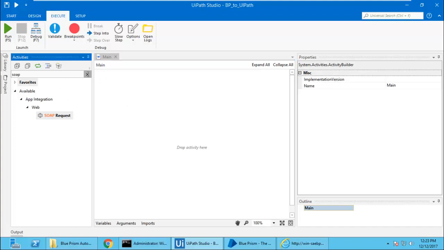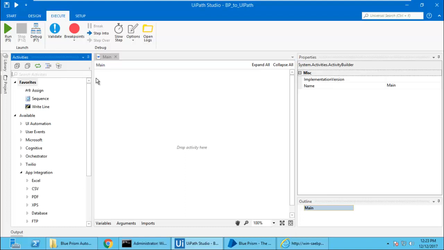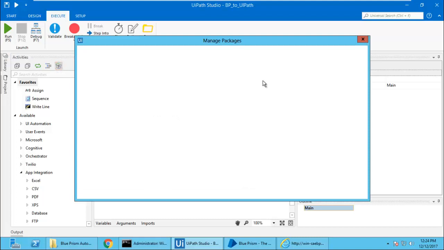Now, to consume SOAP or web services, HTTP, REST or SOAP, you need to have some packages installed. For that, you have to go to Manage Packages. You will see what packages are available and what can be installed.